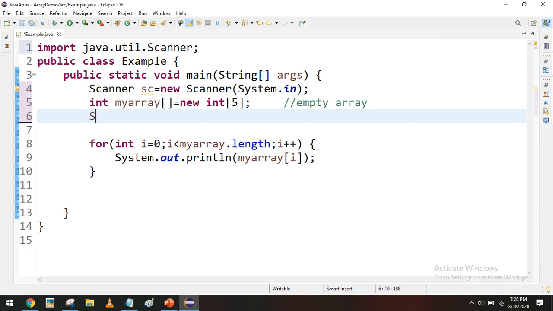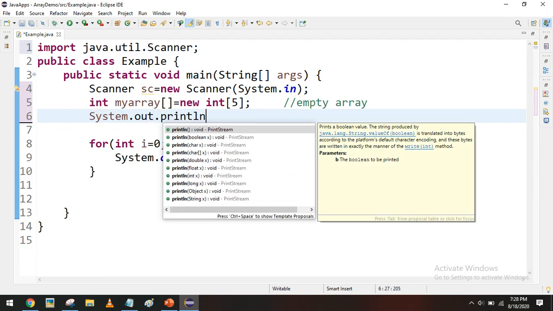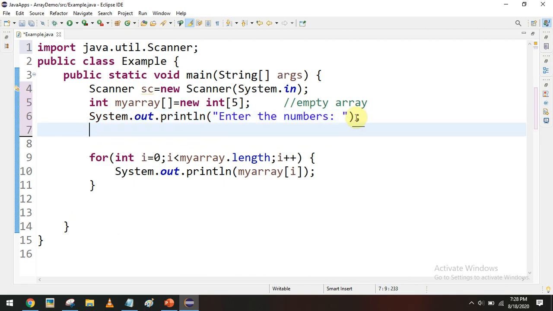For example, like this, System.out.println. Inside we can ask the user to enter the numbers. Now after asking to enter the numbers, I can write a for loop. I want to initialize every value, right? To access every value, I need to run a for loop till the end of the array.